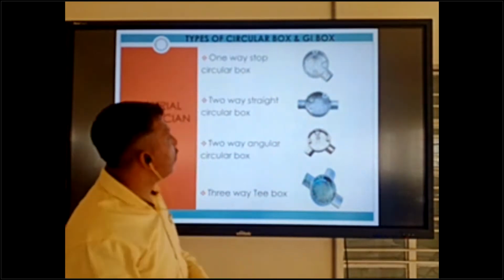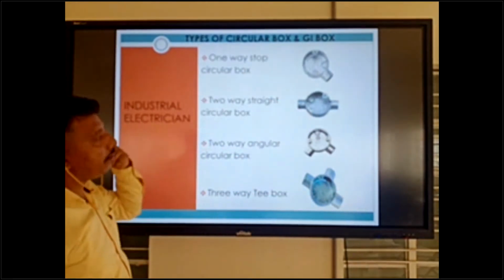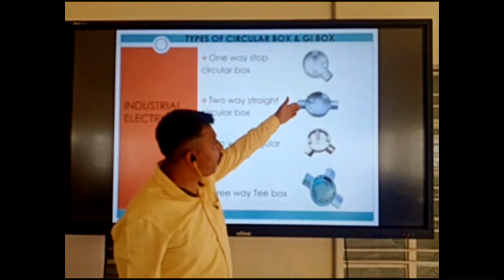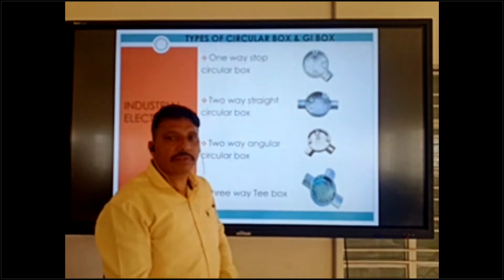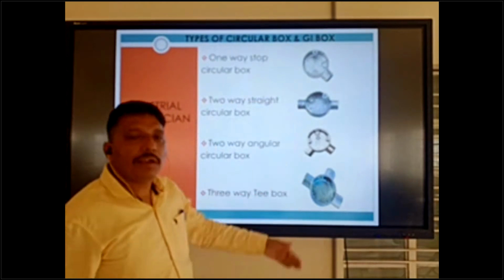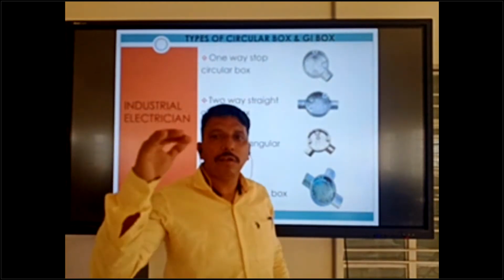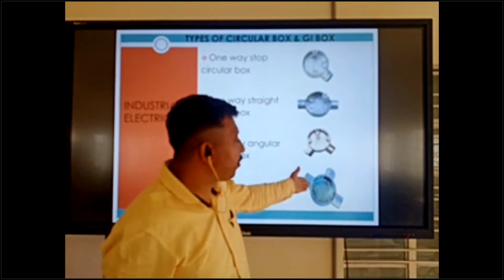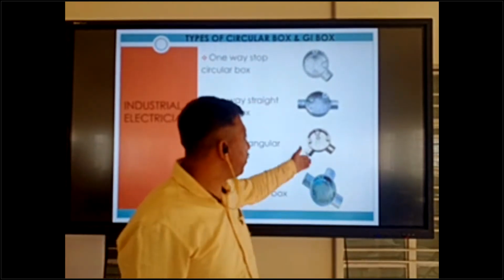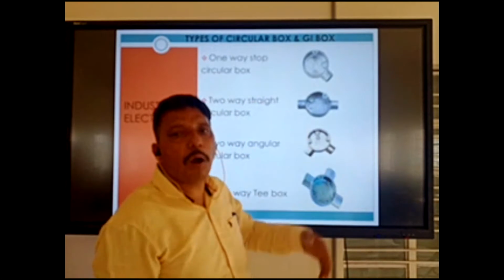Clear about this one? Okay, so we have stop box, through box, angle box and T box available, and they are used as per the work condition. Whichever type of condition comes, you can use the different types of boxes accordingly.